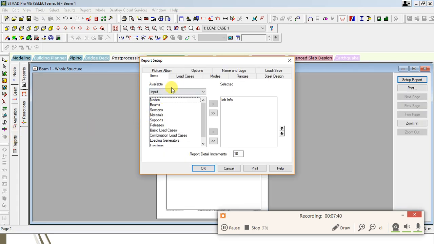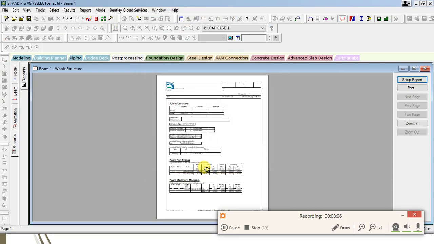Now in report you can see here the report setup is available. In that available is input and the output. So whatever the things we require, suppose in output I require the value of node displacement, then node displacement summary, then beam end force. So the points of which we require the information, I am selecting, that is beam maximum bending moments, beam end forces, and OK. So here you can see a report is generated